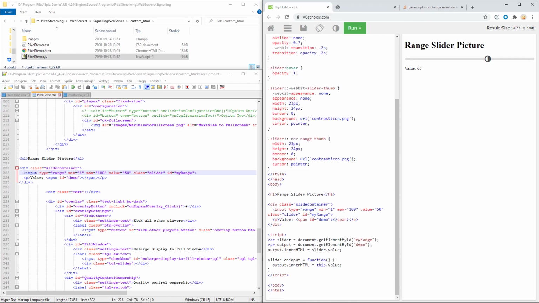So you can see here that we have named this slide container myRange, or we have given it the ID myRange.